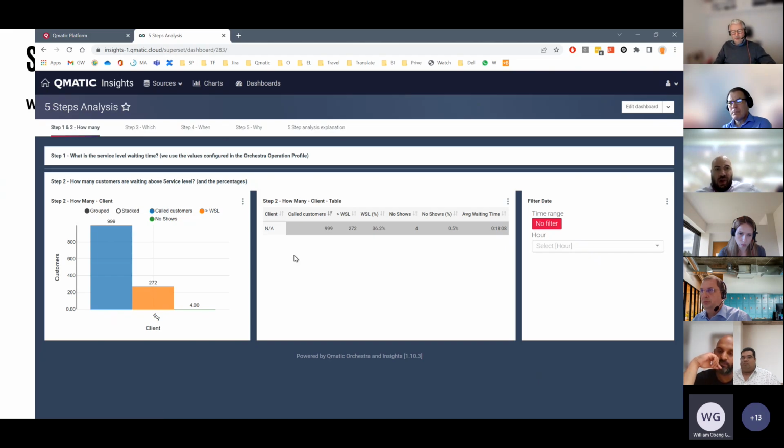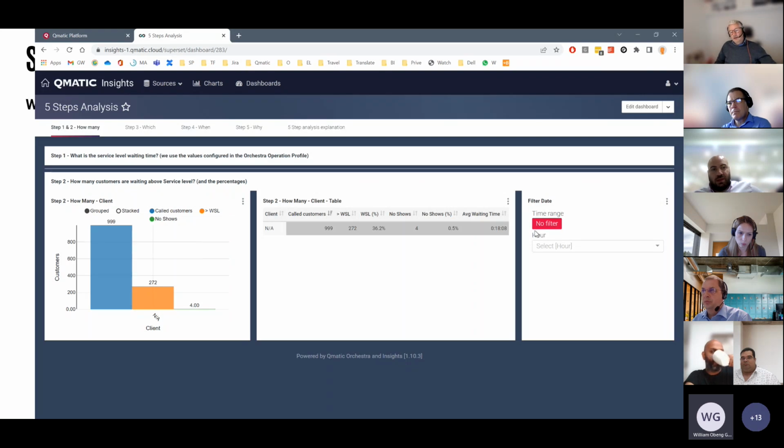So, take in mind, this is a demo system, so it's not real data. It's really depending on how many of my colleagues use this system. So the data is really crap, so to say. So look through that a little bit. But this shows you simply how many customers, where are we? How many customers are rated above service level? So in this case, 272 out of the